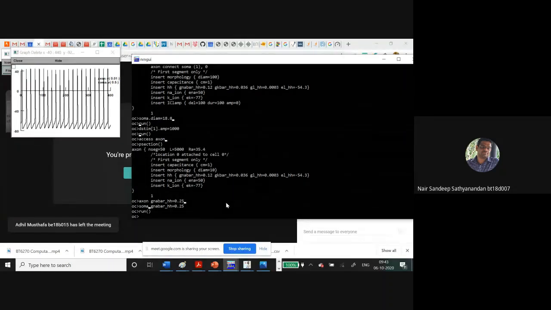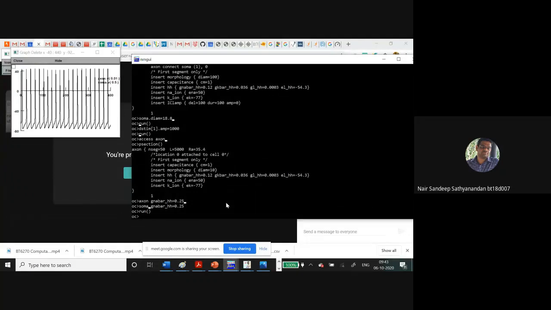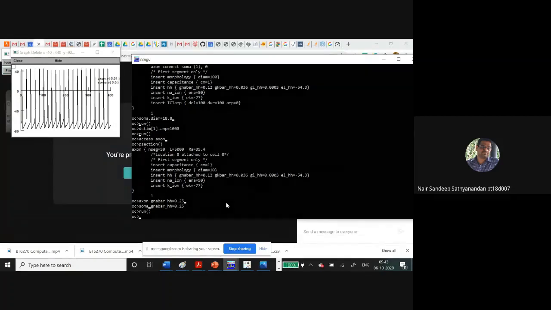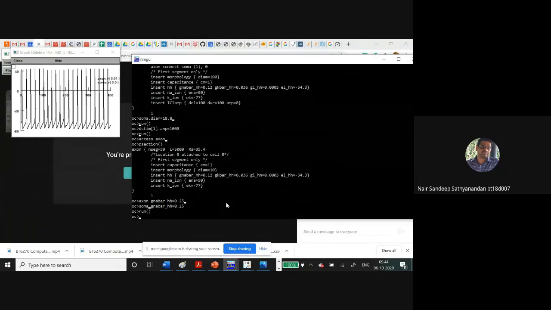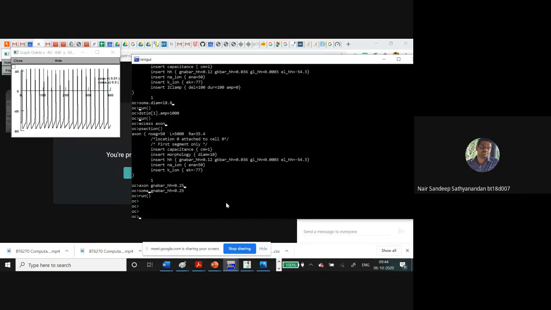Now the stimulus that we gave is quite high, which is why we are seeing multiple action potentials getting generated. These are the membrane properties of the neuron that we can control here. So we can change the conductance of the sodium channel, the potassium channel. We can play around with the parameters, incorporate the experimental data into our model, and then do the testing. So this is how it is modeled.